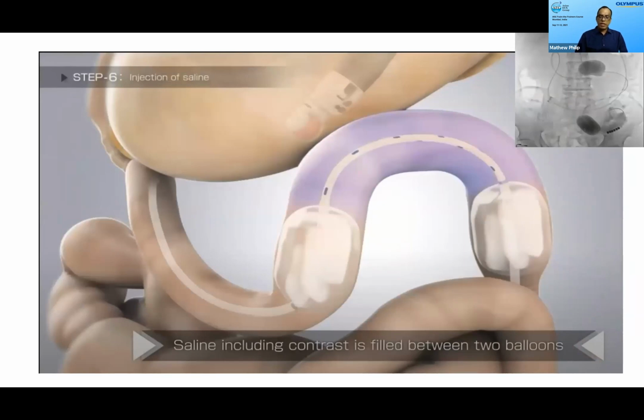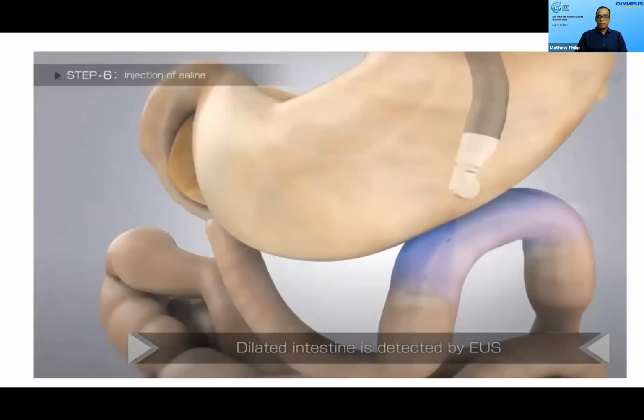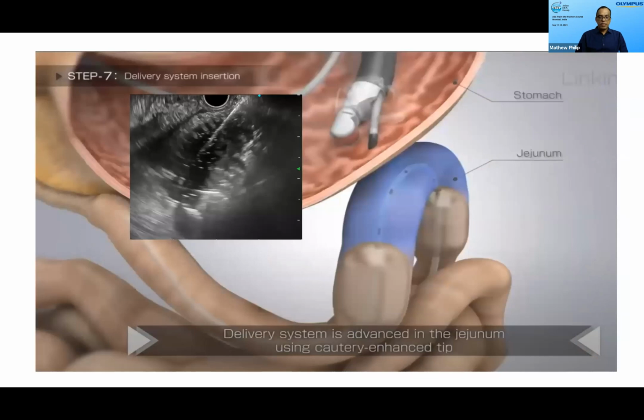You inflate it, you instill contrast, methylene blue and saline in that so that it can be seen in the fluoroscopy as well. Methylene blue is mixed to find out that when you puncture, you have punctured the right segment or not. And the dilated intestine, the segment of loop of intestine which is in between the 2 balloons, is detected by the EUS and then you try to puncture as a single step